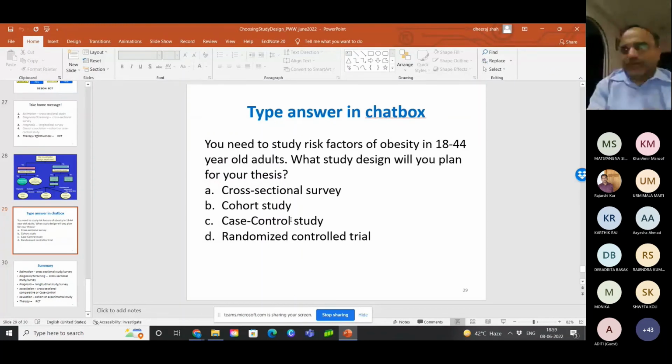Before the child was obese, you go back in time and find out whether they were responsible for this condition of obesity. So basically it would be a case control study. Sometimes people say cross sectional के जो दो ग्रुप होते हैं, जिनमें obesity नहीं है, एक में है, और हमने risk factor पढ़ दी थी, क्रॉस सेक्शनल कंपैरेटिव स्टडी भी कुछ इस तरह की स्टडी के टाइप के लिए हो